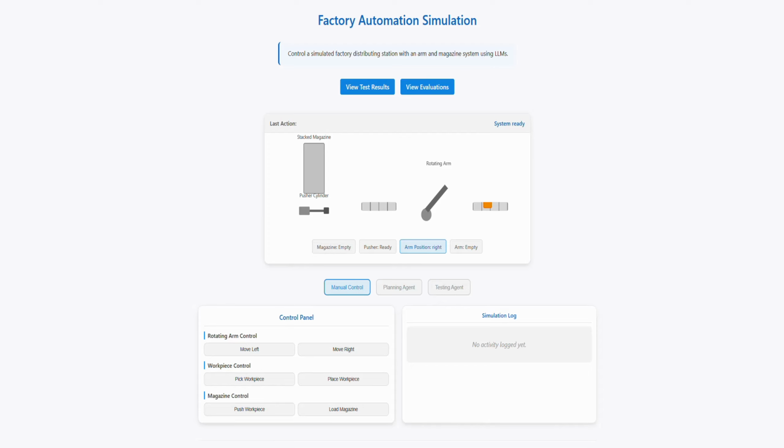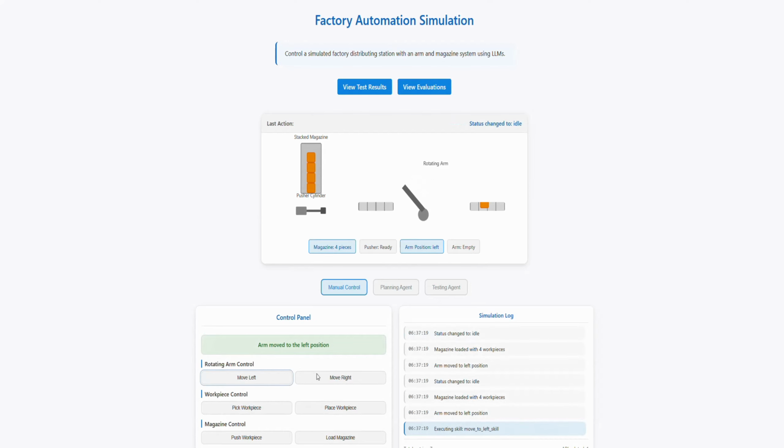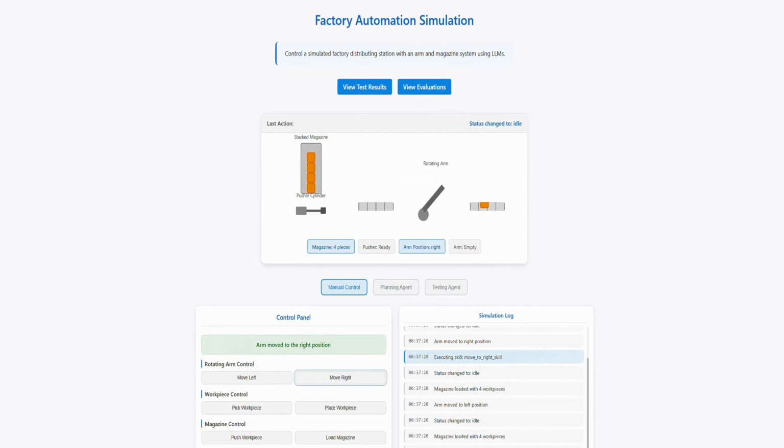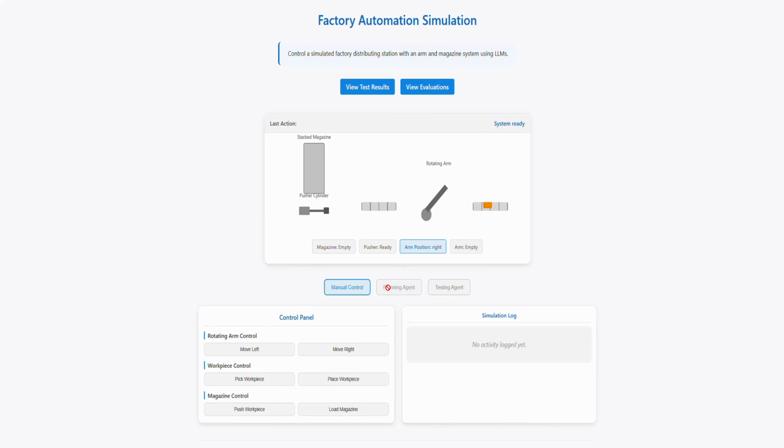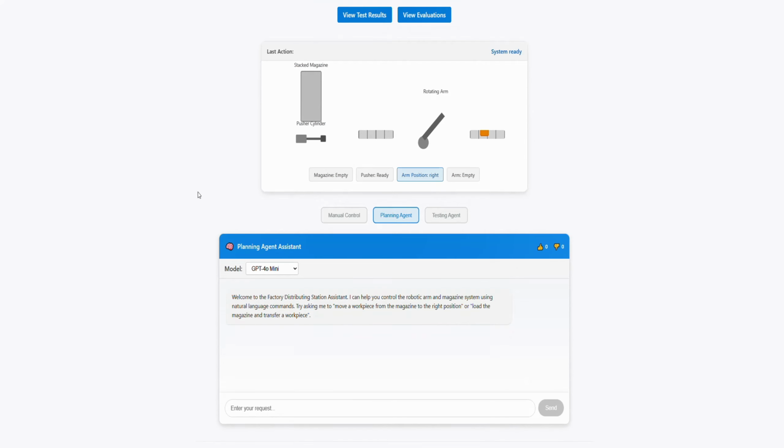So let's see another demo, for the distributing station. Here is a simple distributing station with one rotating arm and a magazine. As you can see, there are several actions which we can perform: move to the left, move to the right. But let's see how the AI agent can interact with the system in order to make a plan and execute it. So I'm writing now, transfer a workpiece,